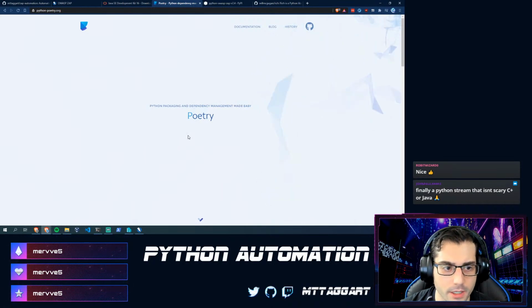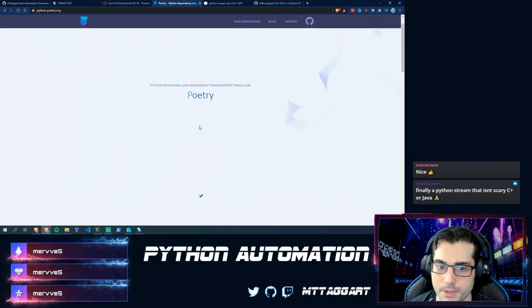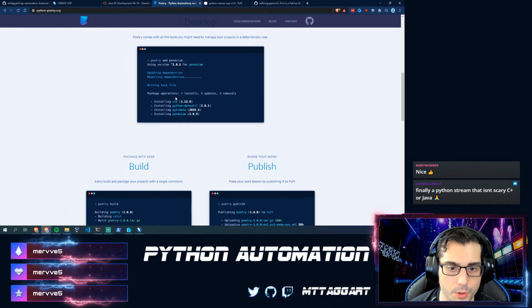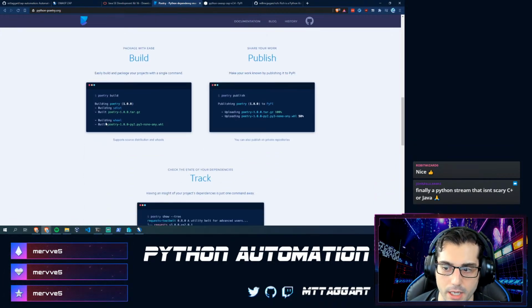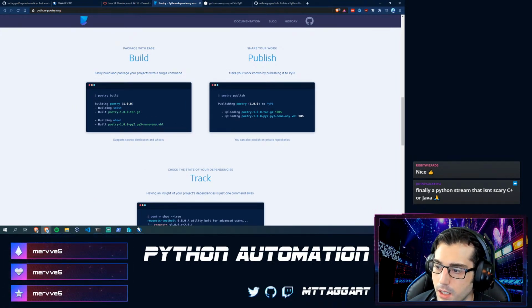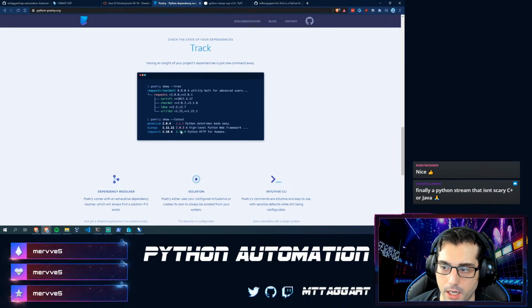But yeah, Python dependency management is kind of a pain, and so Poetry aims to make that a little bit easier. Once you add Poetry, basically you will just add dependencies this way. It has a lock file and a TOML file that it uses for its dependency management. It will also handle the bundling of your application up to PyPI if you want to publish it. So pretty cool altogether, right? And it'll also build the wheels for you if you need to create a wheel for dependencies. I'm really a big fan. I've just started using it. I don't know all the ins and outs yet, but I do really enjoy the way that it works.